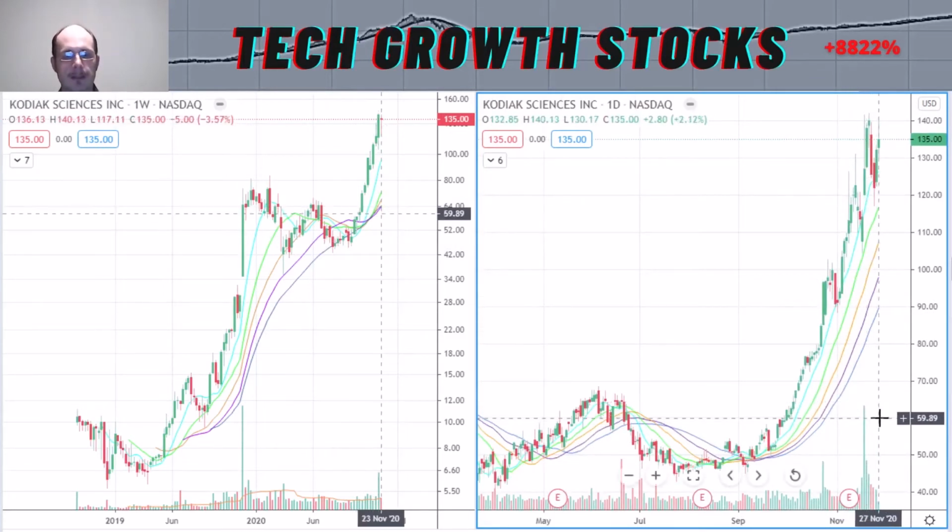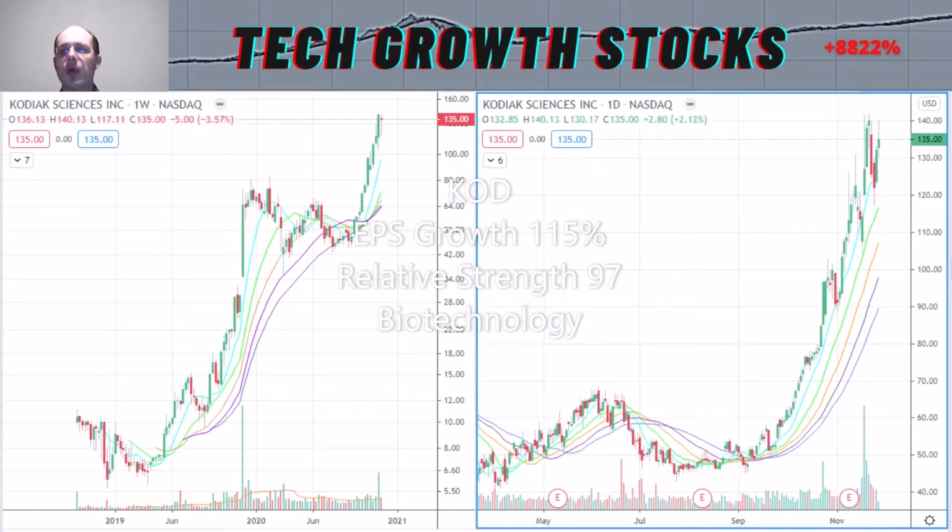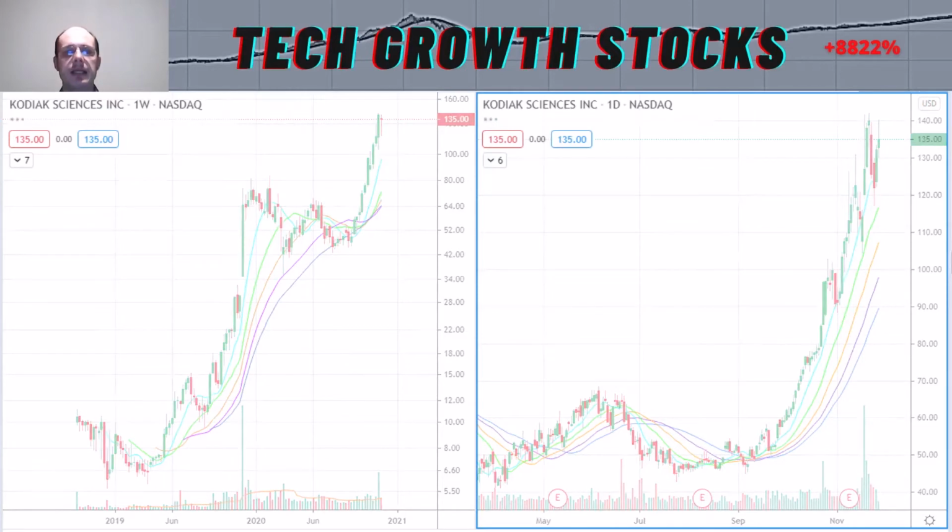KODK's growth characteristics, the EPS growth is very strong with 115%, and the relative strength rating is also very strong with 97. So I think it's definitely a top biotech stock to buy. Okay, everybody, so that was it for KODK. Let's have a look at the next top biotech stock to buy, and it is